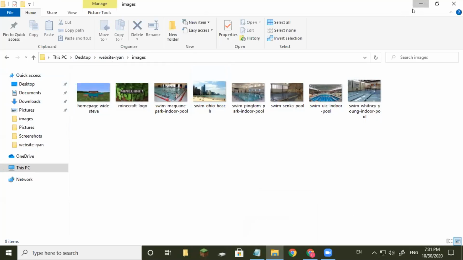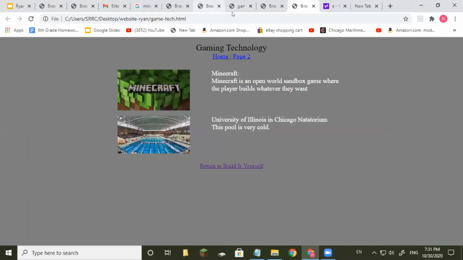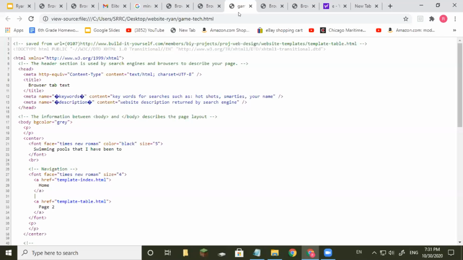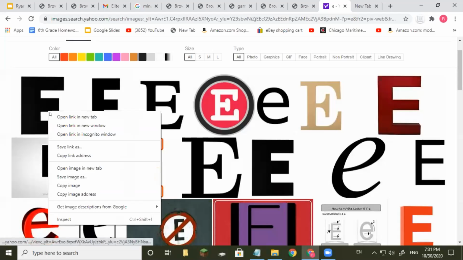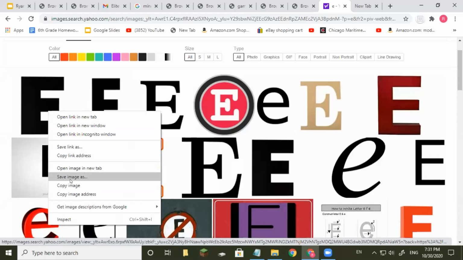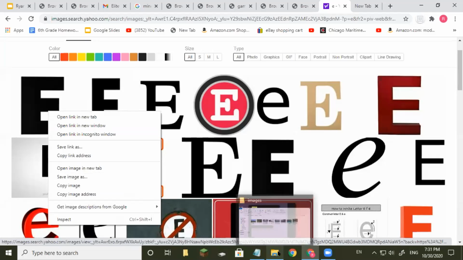and then you can go to your search engine and look for an image. You save image as, you save the image, and then it,